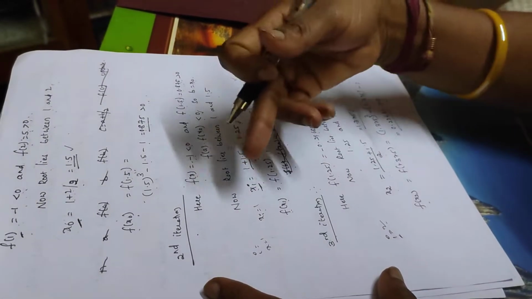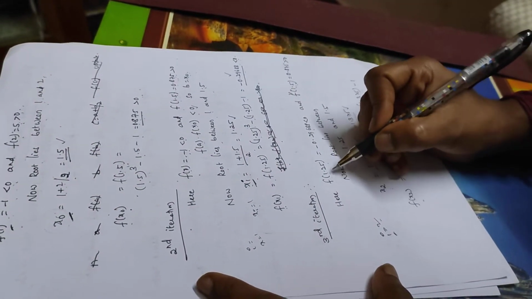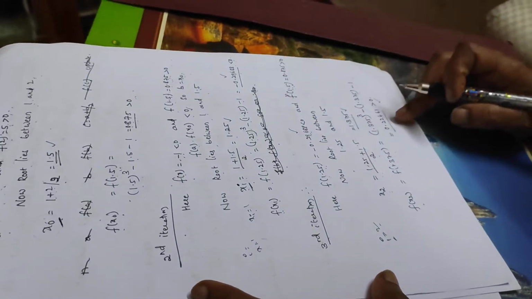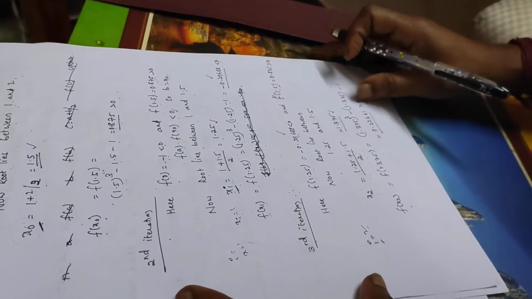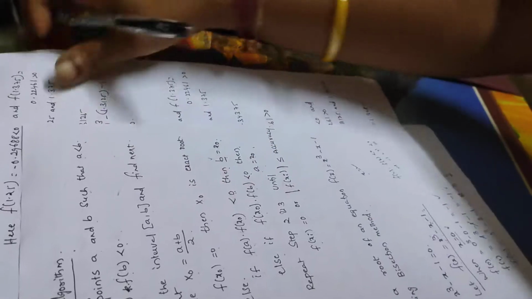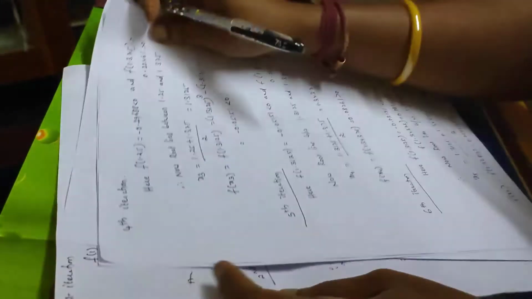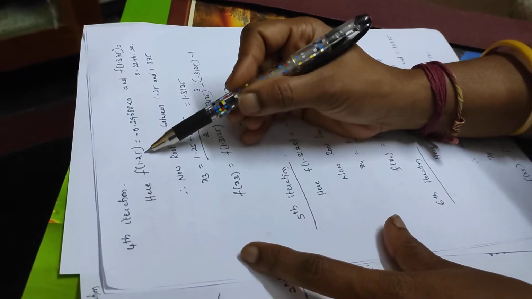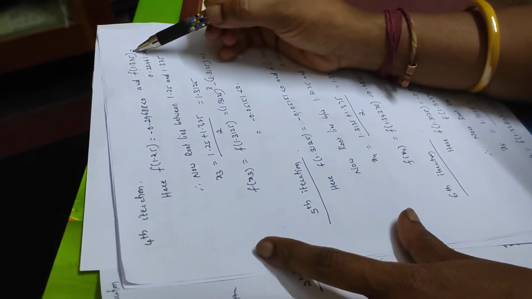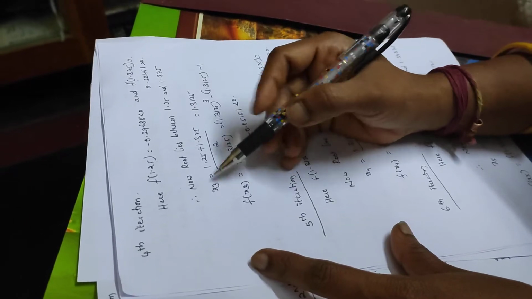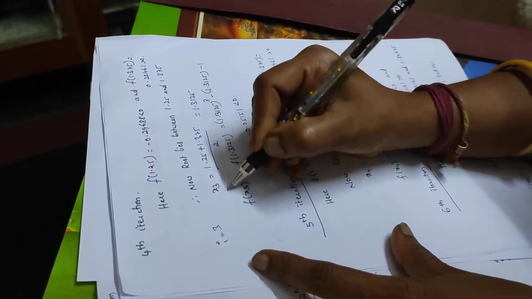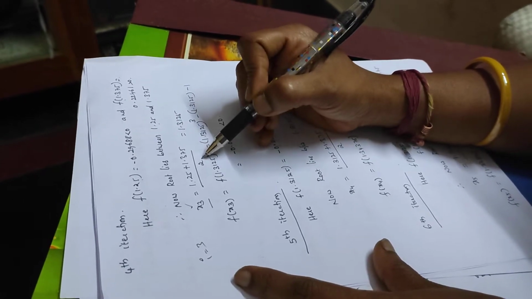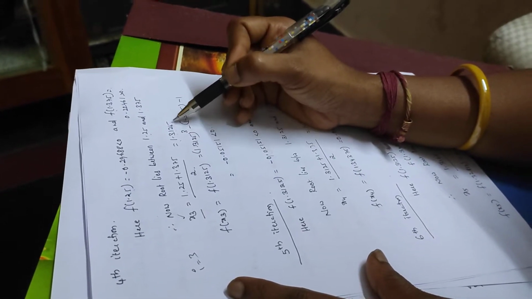So in my previous iteration, I can choose f of 1.25 because it gets a negative value, and this x value gives a positive value. So for the next iteration, my root lies between 1.25 and 1.375. Okay, so now i is 3, I can find the x3 value, which is (1.25 + 1.375) / 2. That is 1.3125.